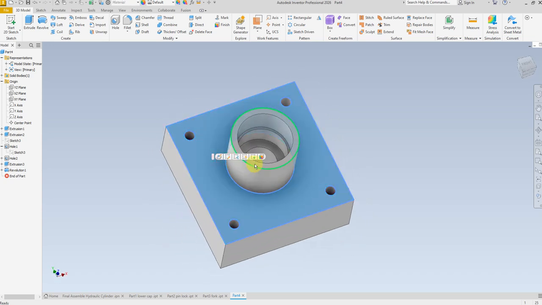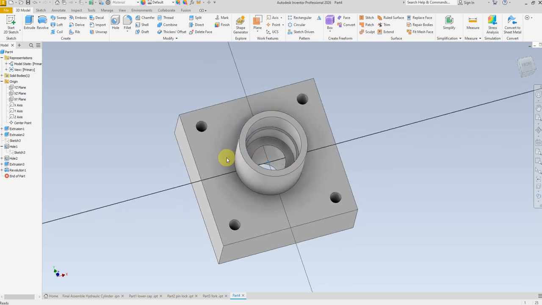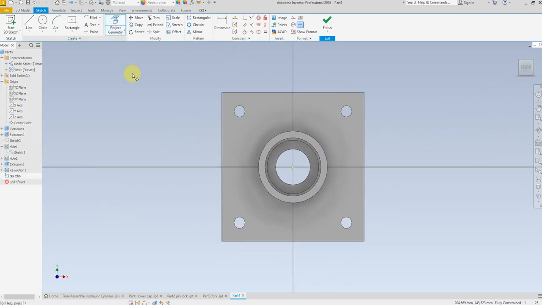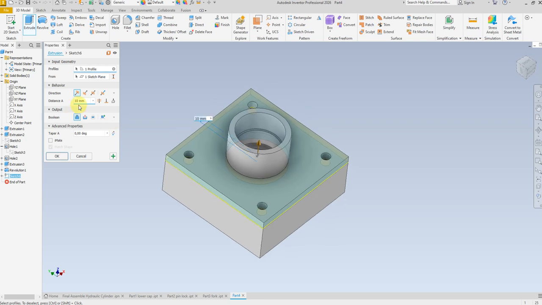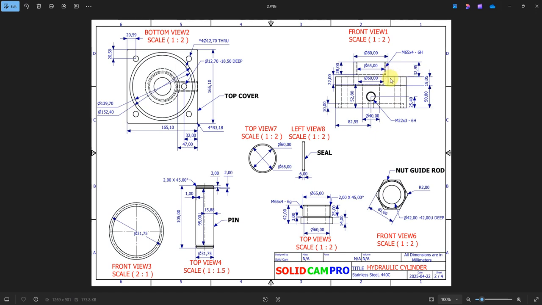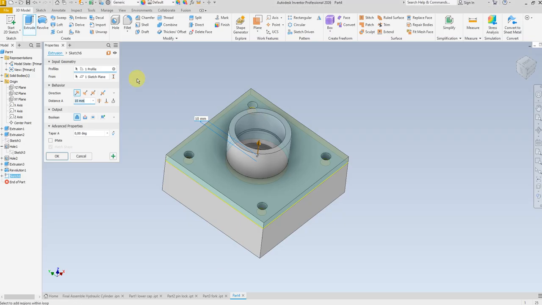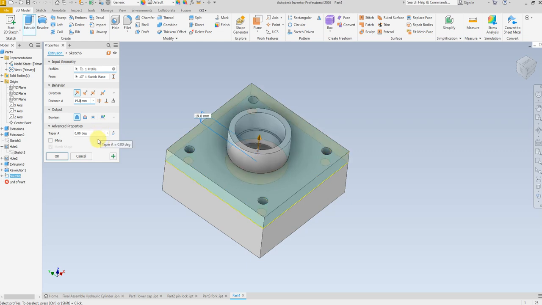Again select this profile, this face, and create new sketch. Select project geometry, select this face. Okay, extrude, select this and give a dimension of this one. We have 19.05, and now select new solid. Okay,